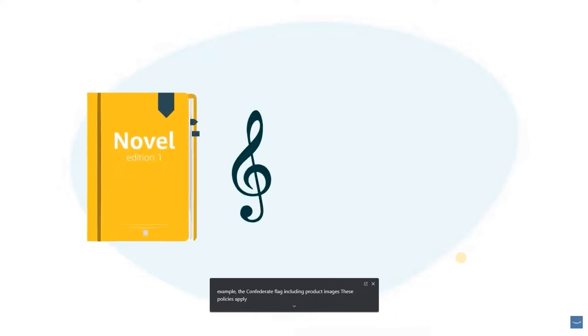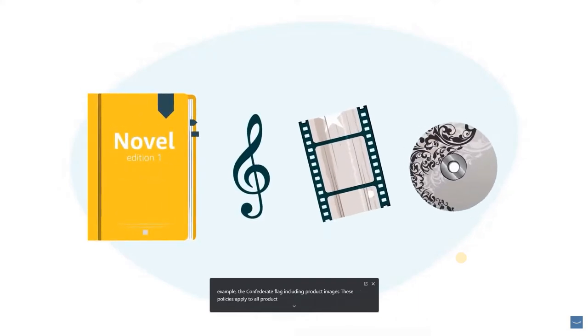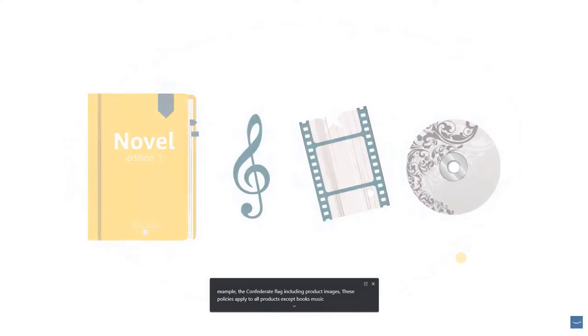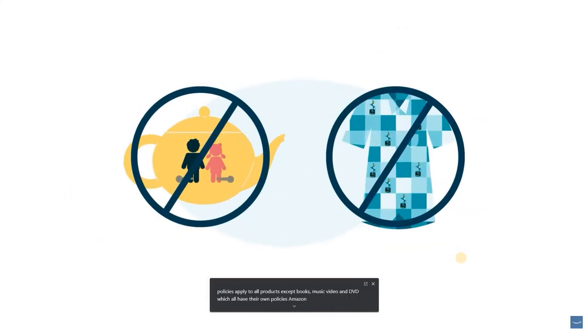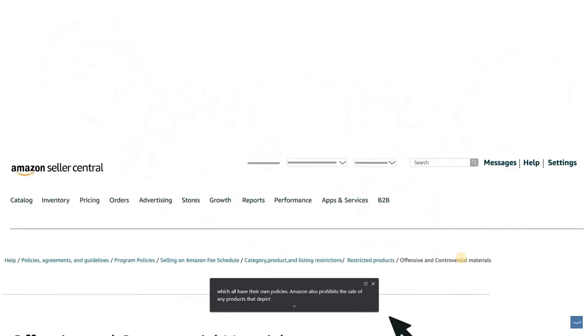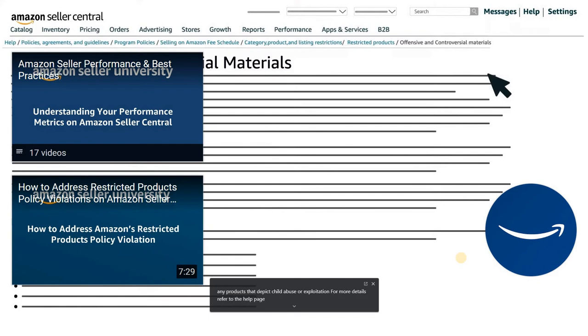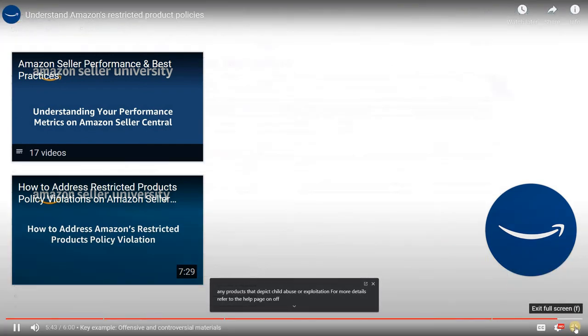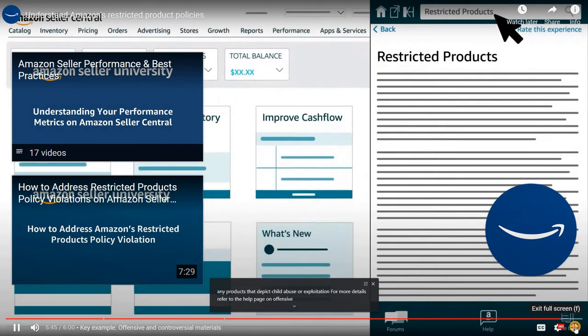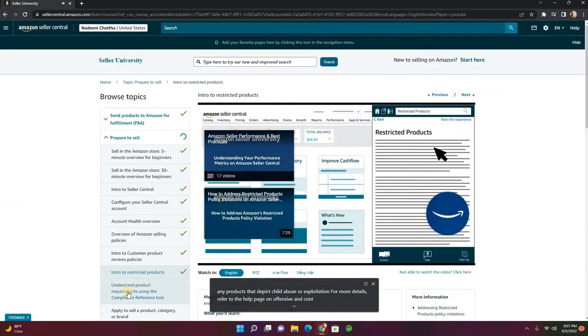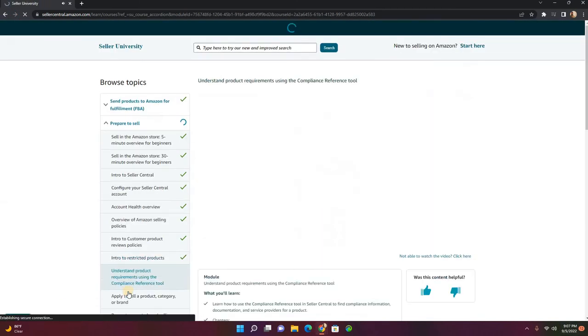These policies apply to all products except books, music, video, and DVD, which all have their own policies. Amazon also prohibits the sale of any products that depict child abuse or exploitation. For more details, refer to the help page on offensive and controversial materials in your Seller Central account. You can refer to the restricted products FAQs on the help pages of your Seller Central portal for a